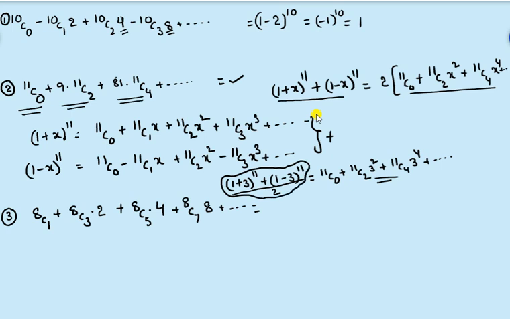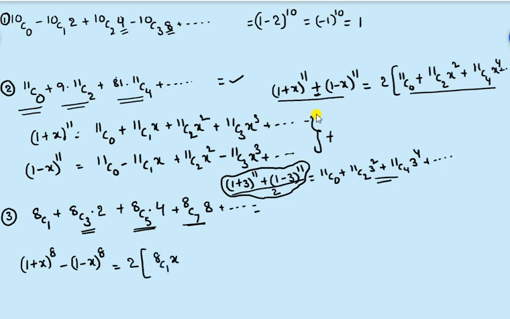Now the other question is, given 8C1 plus 8C3 into 2 plus 8C5 into 4 plus 8C7 into 8 and so on. Here we are adding both. We got even terms 11C0, 11C2, 11C4. If you subtract, what can I write? (1 plus x) whole to the power of 8 minus (1 minus x) whole to the power of 8 is equal to 2 times